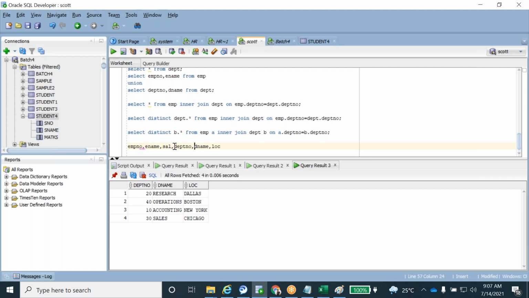This column only I want as output. Then you have to use the select statement. Select EMP number, E name, salary, department, D name, location.